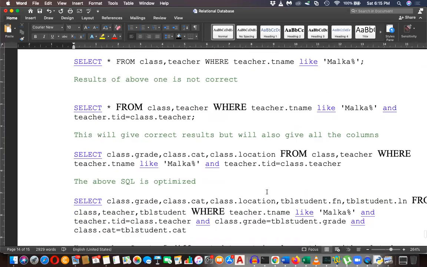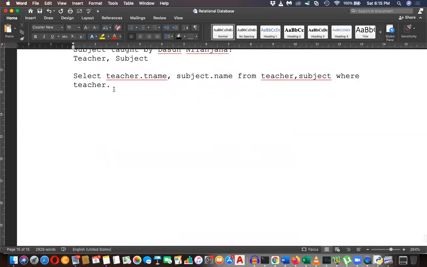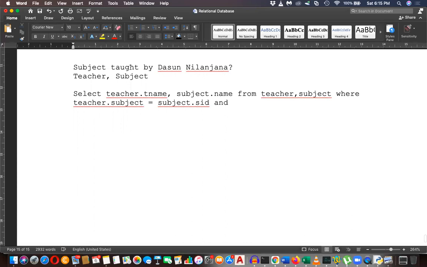Then you have to write teacher table subject equals subject table subject ID. And then what to be filtered? See the question: subject taught by Dasun. Whose subject you have to take.